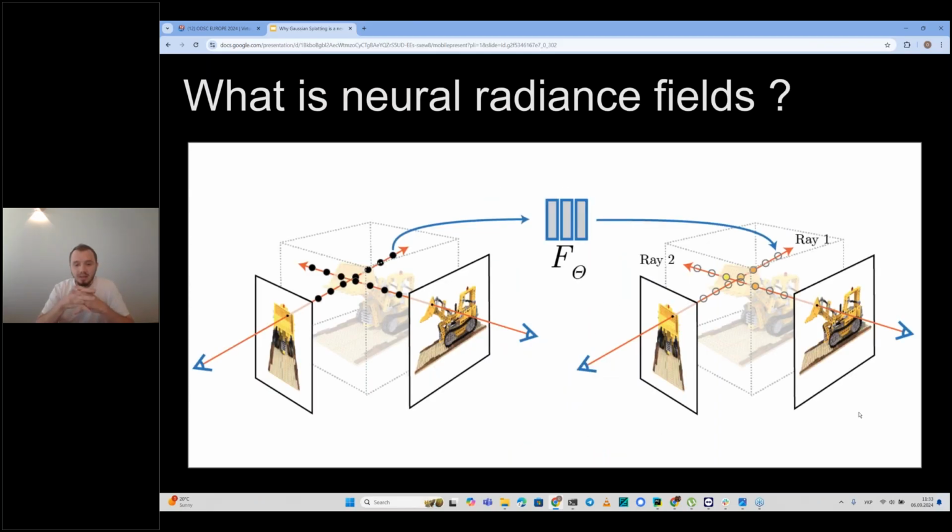So, a really big leap in the field of 3D world reconstruction was the concept of neural radiance fields.